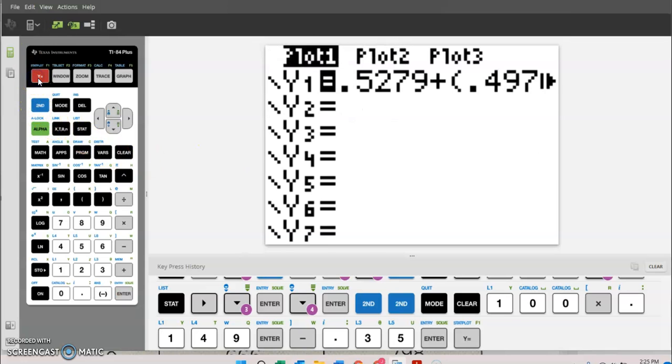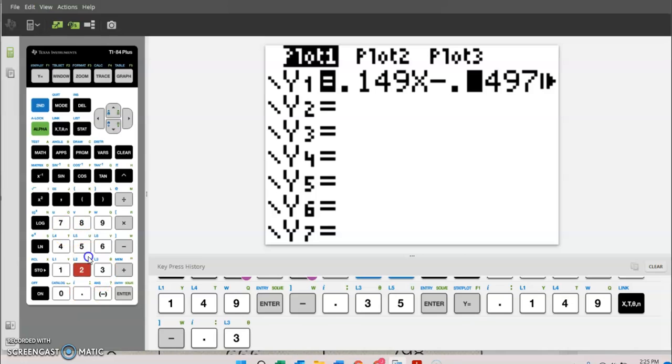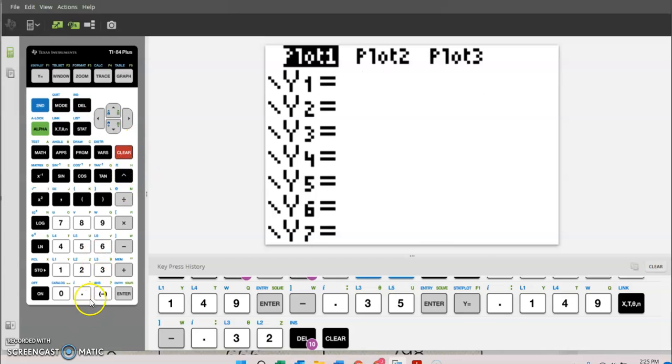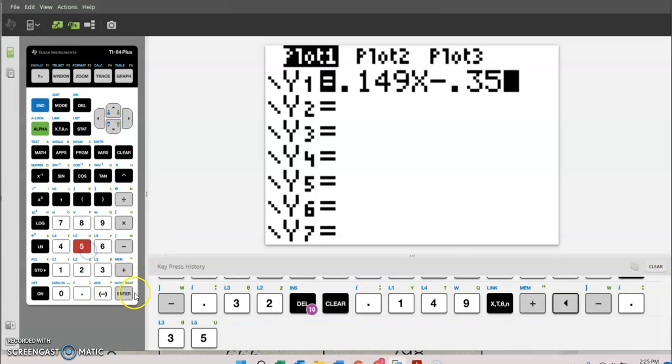You can also choose to go put the line in here. So if I did this, and I think it was 14.9, but I remember this was 0.35. Okay, hold on a second. 0.149x minus 0.35. Okay, the other way you can do this is I'm going to go here and I'm going to turn